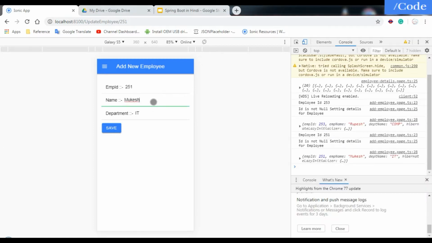Now on click on this save button, we need to call the update method, but as we are using the same function, we need to identify first whether it is an update employee call or an add employee call. So that we'll see in the next video. But here what we have done,